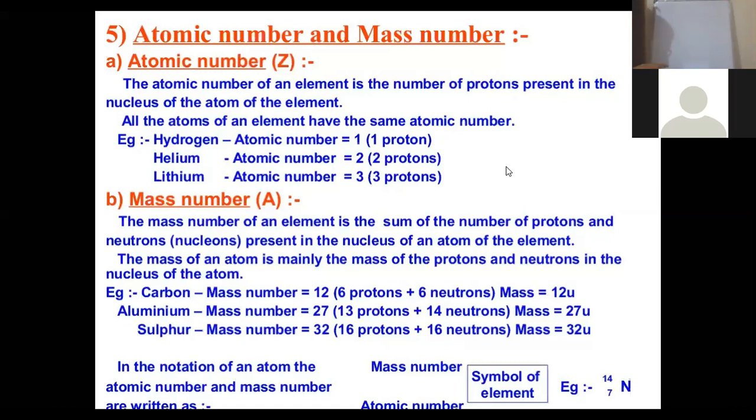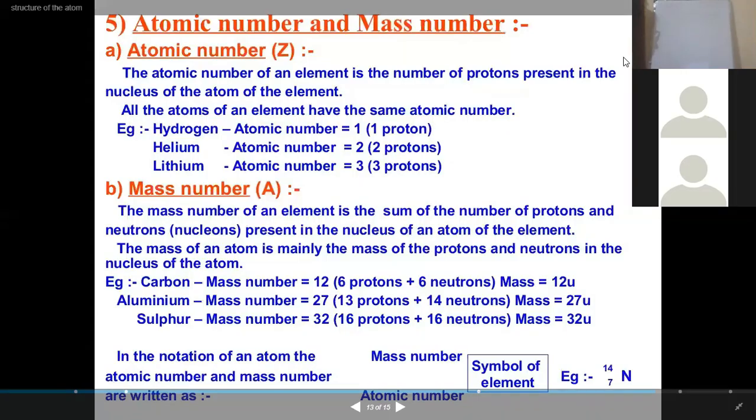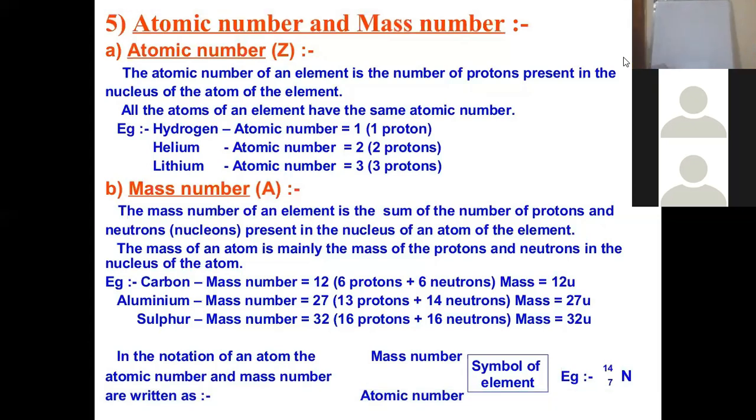Third, preference will be given to the Latin name. So as I was discussing, there are certain quantities which are associated with the element so that it can be identified among a whole lot of elements. So far 118 elements are known to us. In order to identify these elements, they are provided with the atomic number and mass number.